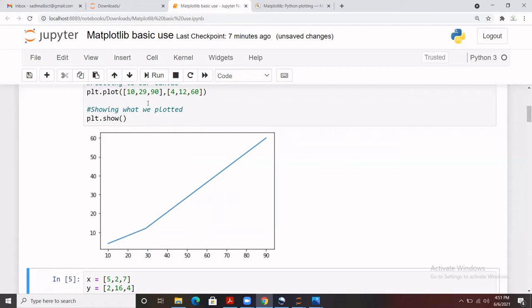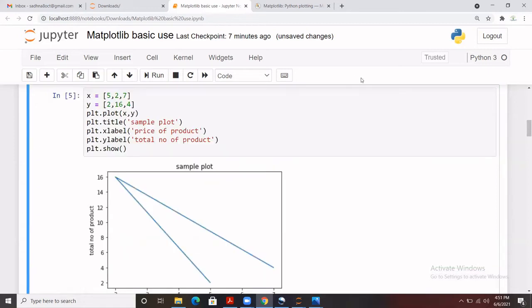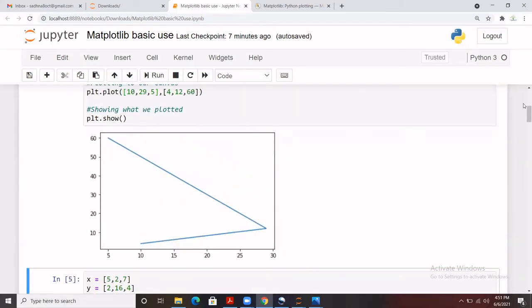range for the x-axis and y-axis would be, how they are going to display, and what the difference between them will be. You see it has already taken it based on this value. Let's say you put this 90 as 5 only, and we run it. Let me scroll up, and you see that here the difference is 5, 5, 10, 15, 20,